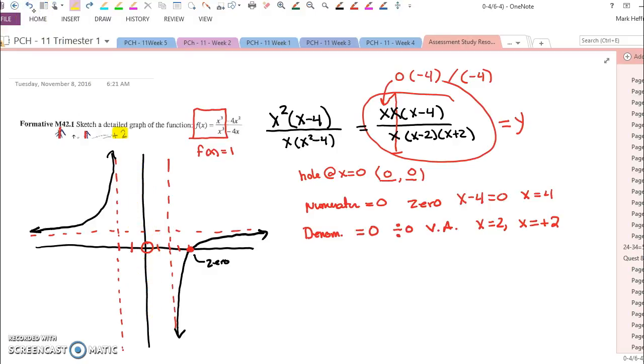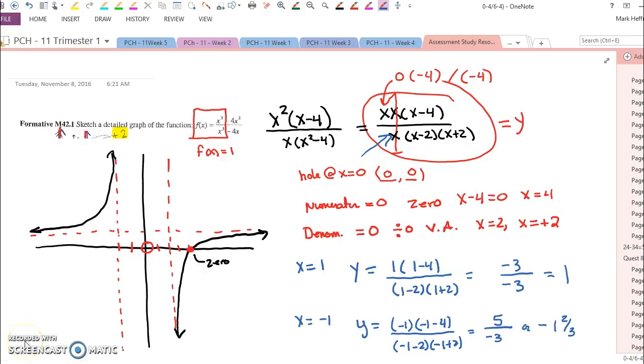Well, the best way to find out is to just pick a value or two if you're not sure. Pick x equals 1. Using this equation will tell you what the y is. So y equals 1 times 1 minus 4. I went ahead and decided to plug in both x equals 1 and -1 because the math wasn't that hard. For 1, I got 1. And for -1, I got -5/3, or -1 2/3. So that helps us draw the final part of the graph,